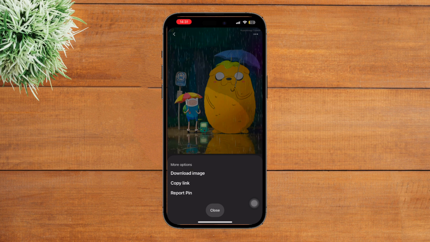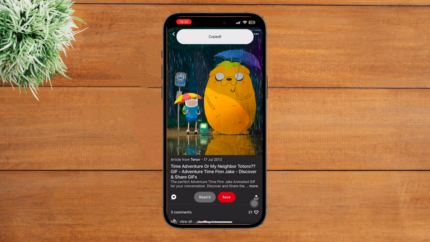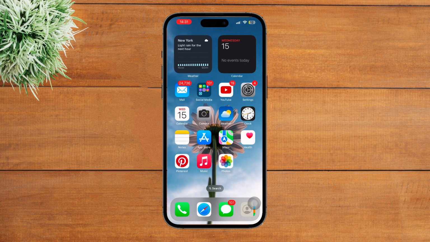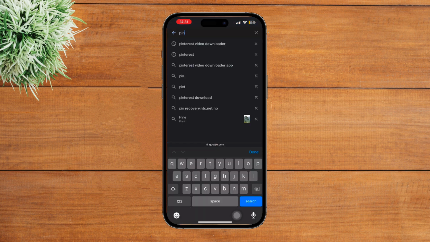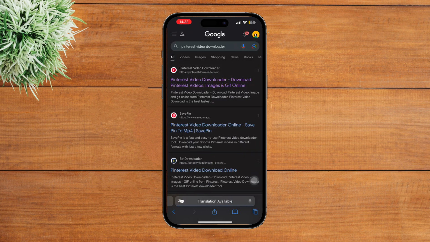After copying the link, all you have to do is just go back and open any web browser on your mobile device. So since I'm using an Apple device, I'm gonna simply launch Safari here. Now just go to any search engine and search for Pinterest Video Downloader. Now tap open the website that is on top of your search results, that is